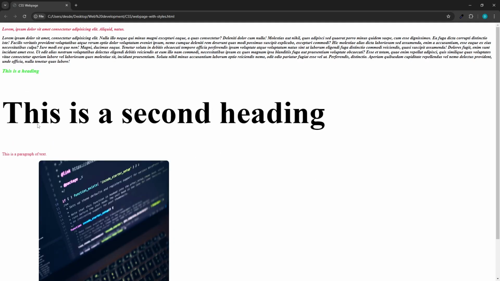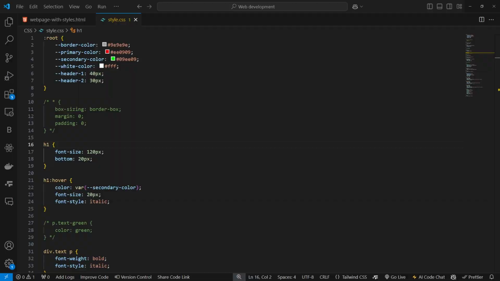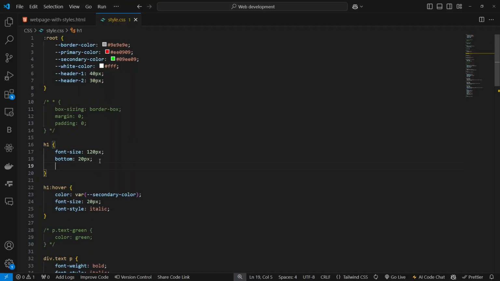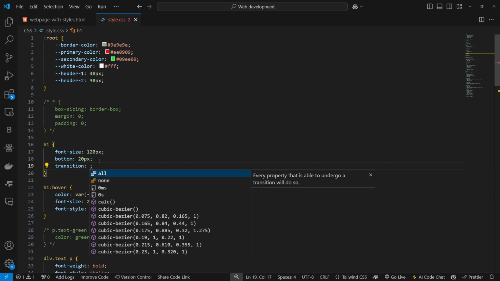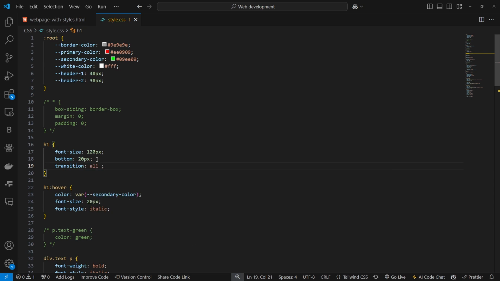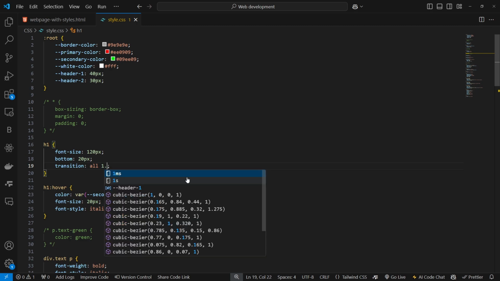change of state will not happen instantaneously. So to do that, you add the transition property. Now we can set the transition to transition all properties that can be changed in your pseudo classes. So for this example, we'll just set transition type to all, and to make this transition work, we have to add a duration for the transition. So we can add a duration of 1 second, or to make the transition longer,